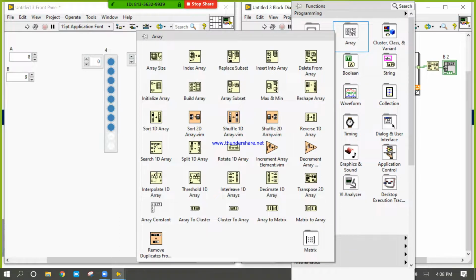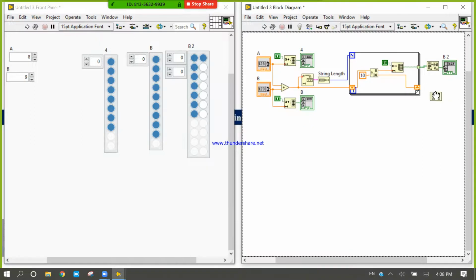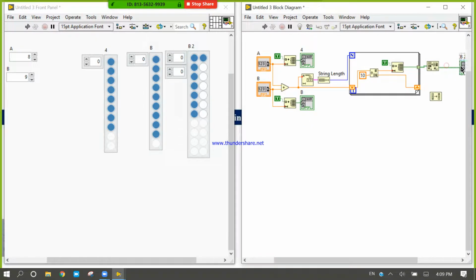Is there any concept to reverse, to rotate? Let's see if it will work.